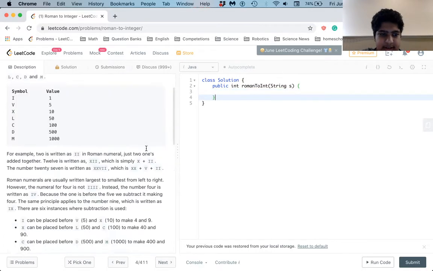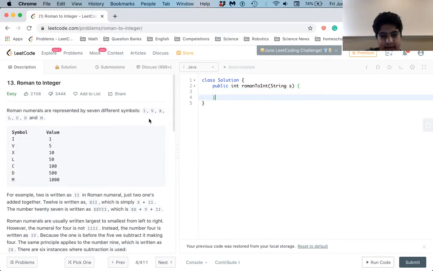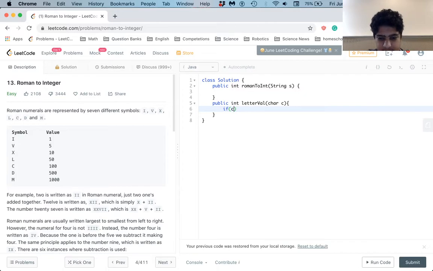So before we do this, we notice that there's a list of values. So we create a method that takes in characters, since we'll probably use char, and we want to return an integer value. So letter val, and now we have char c. So now we have if c. Now in ASCII,